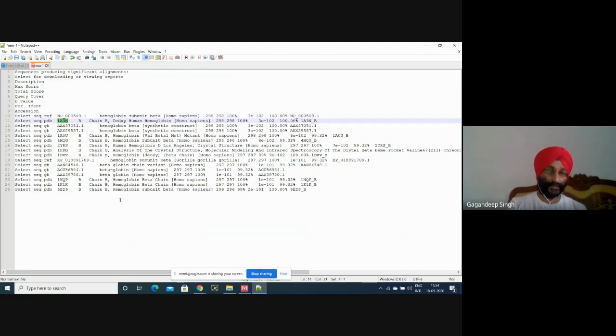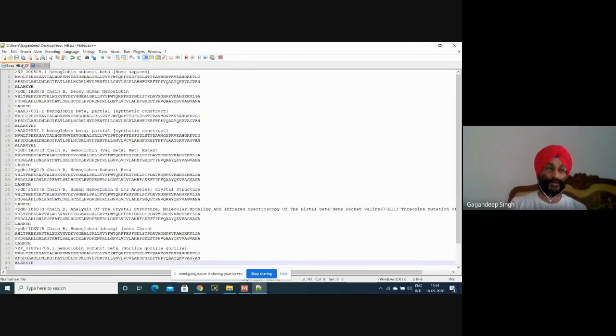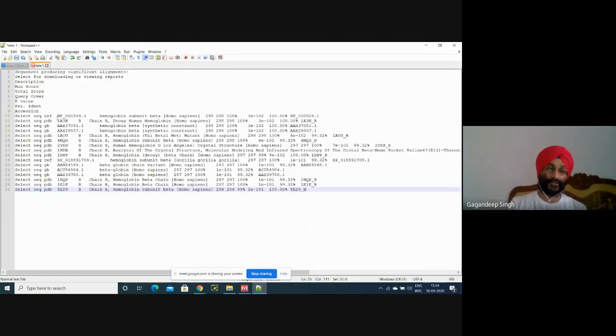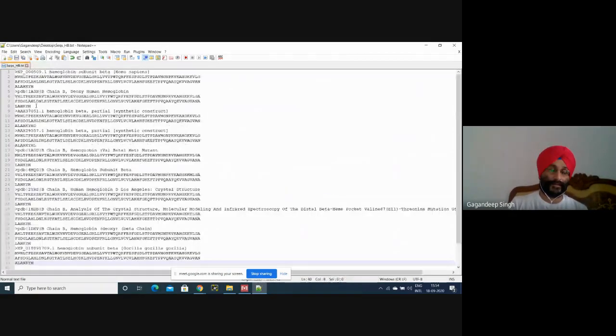Okay, is this okay for you? This is just a single method for Edit with Notepad++. This is not a part of bioinformatics. This is a simple technique to select the sequences whatever we need. But here we have selected some sequences. I'm closing this one. Okay, this is the sequence that we have selected.